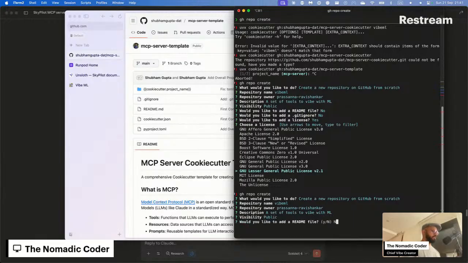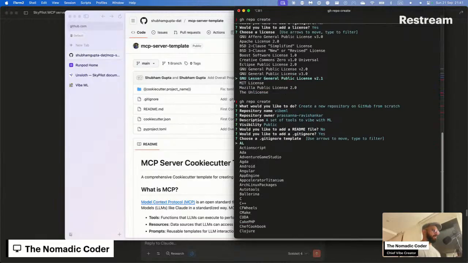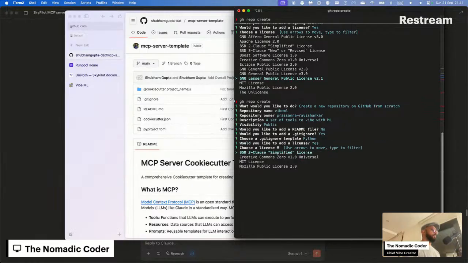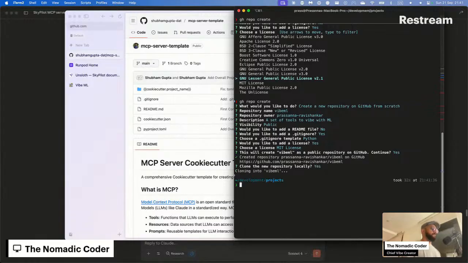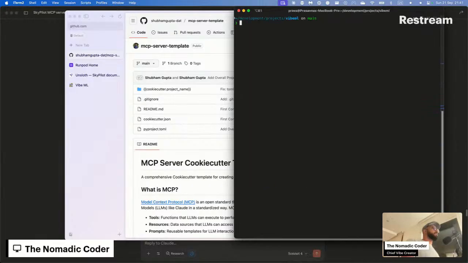MIT always. Perfect. So I have this set up here. You're going to hate me for how I'm going to do this. Let me open Cursor here.